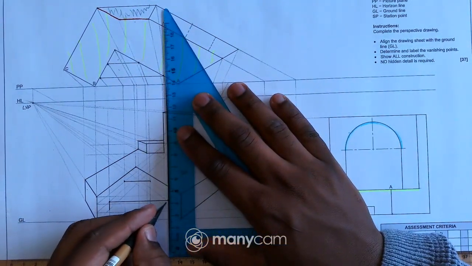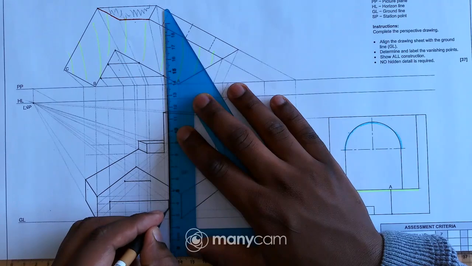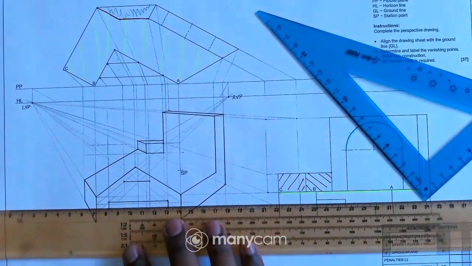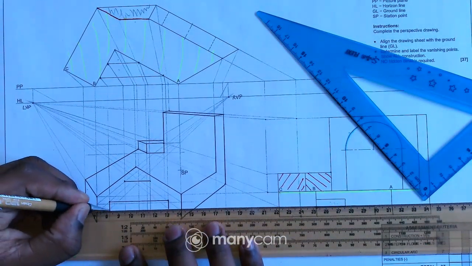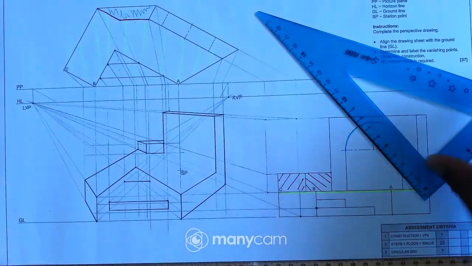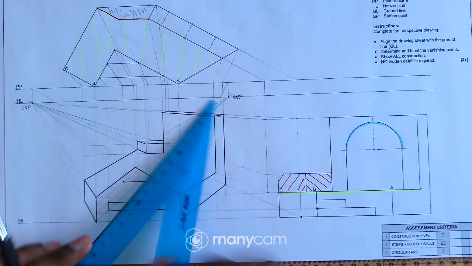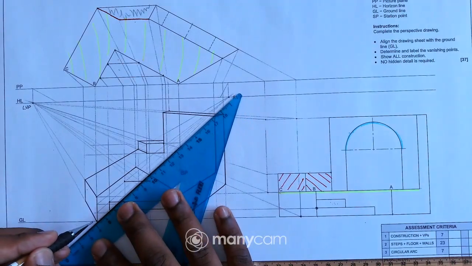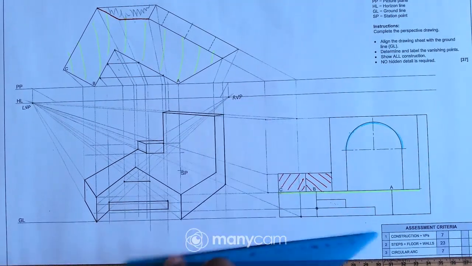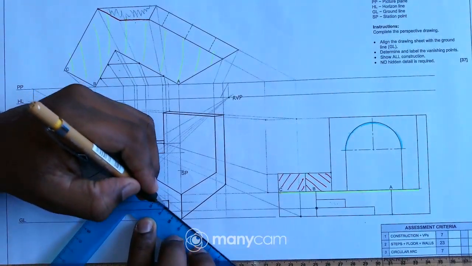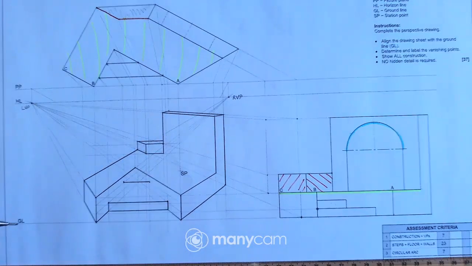I can just draw a vertical line up to the ground level, and I can just connect those two like that. Okay, so I can just connect those 2 points like that, and even this side like that.